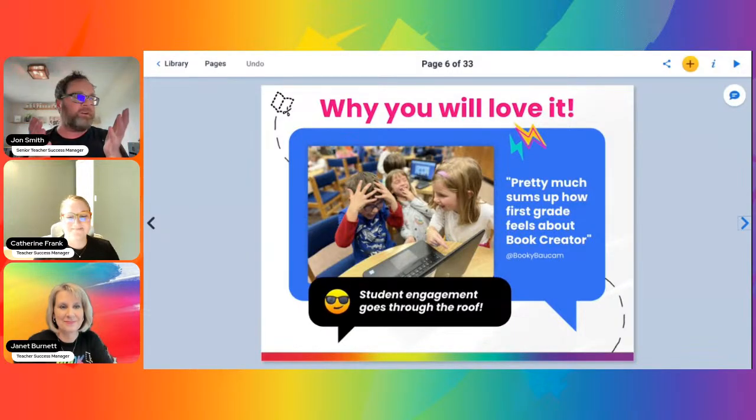All right. I mean, those faces tell it all. That kid is so excited about the book that he made. The girl, she's about to laugh herself silly. She can't even control herself anymore. That is Book Creator. And if you're still not fully invested in what we're about to talk about, then this